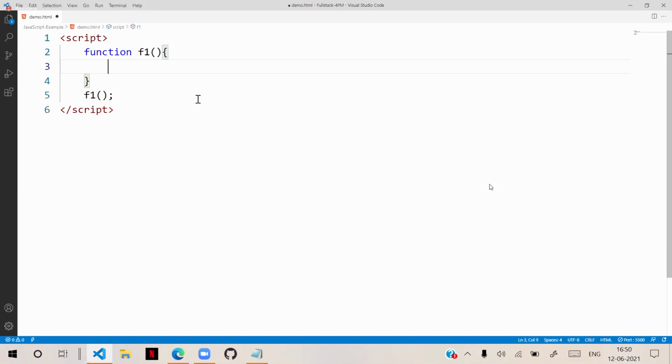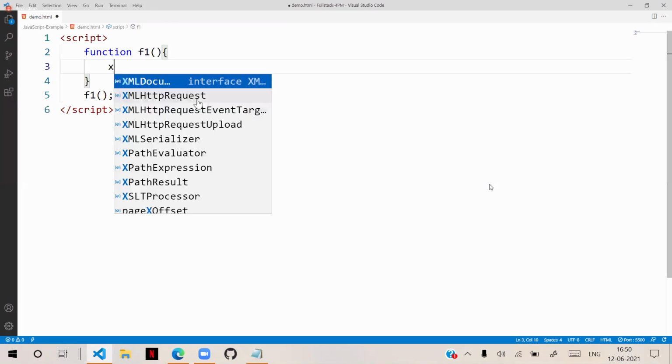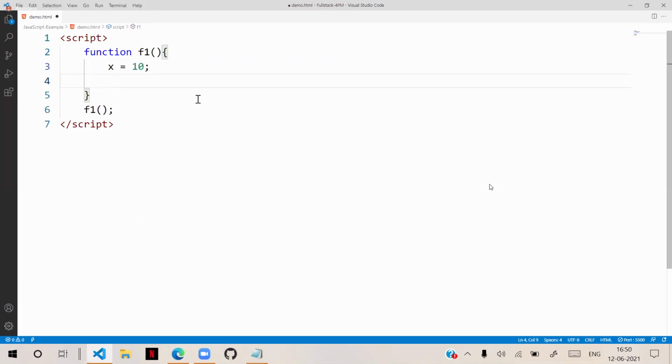That's the reason I will show you that point. That is the reason we don't want developers to violate the standards of coding. We want our developers to follow the standards and write as per the standards. For example, see, actually we have x equal to 10 and I am printing the value of x, document.write, x equal to plus the value of x. I am writing the value of x.